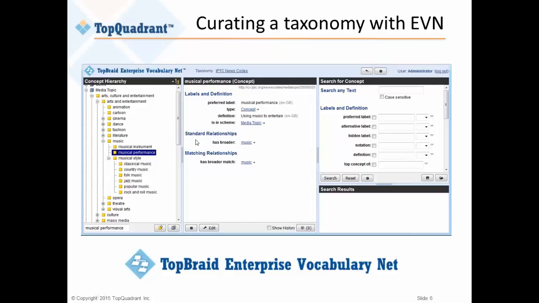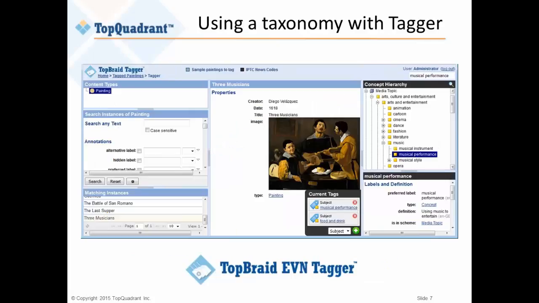Now this shows what we call Tagger for manually tagging concepts. In the upper right, you can see the same taxonomy that I was earlier showing in EVN itself, but with Tagger, it's being used to assign terms from this taxonomy to some content. In this case, several paintings. So we see that Diego Velázquez's Three Musicians is selected, and somebody has tagged it with the terms musical performance